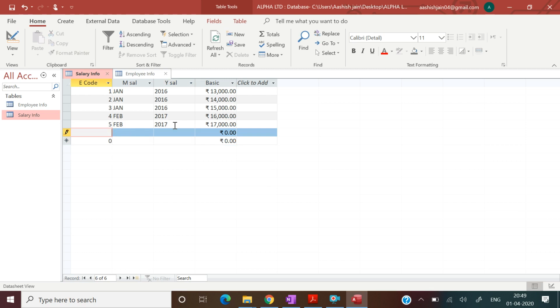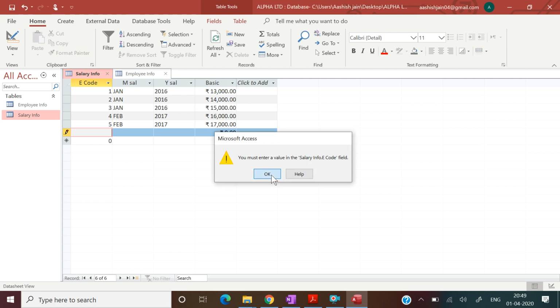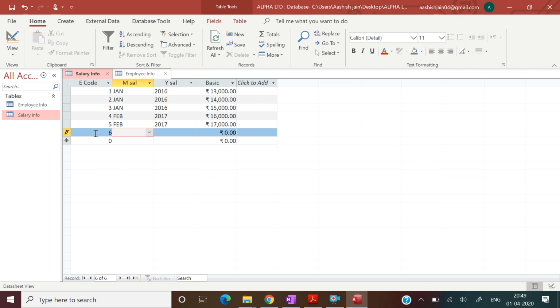Sorry, I have taken only 5, so I need to cut this, because we need to put the details of only 5 employees as we did in the employee information.